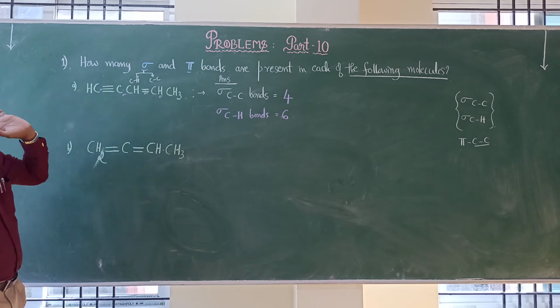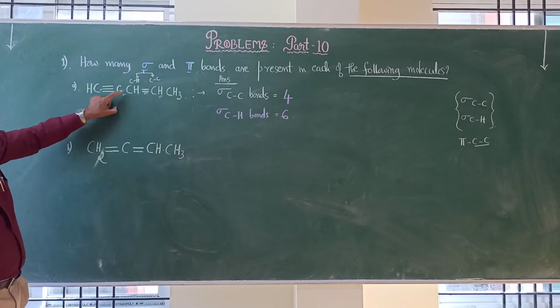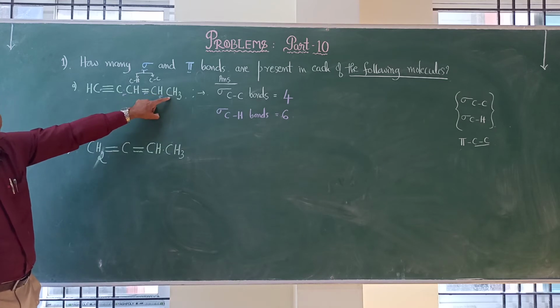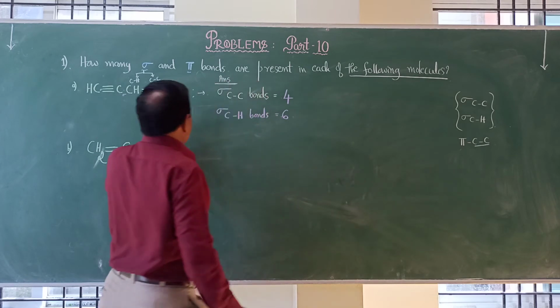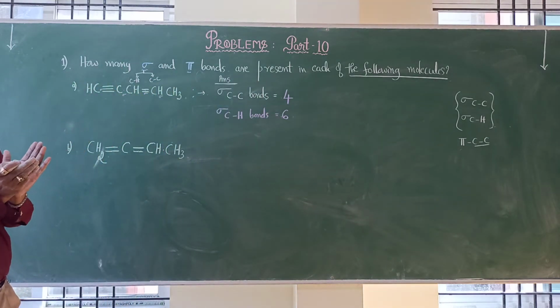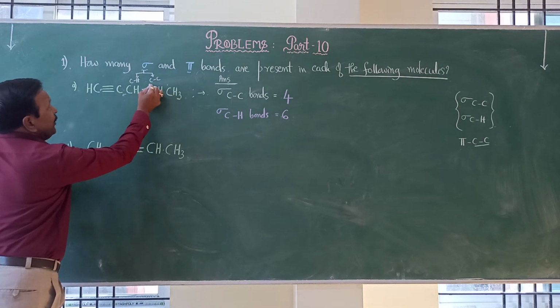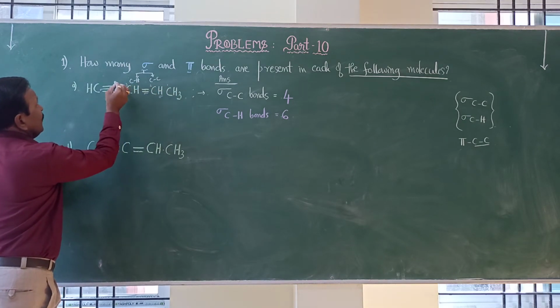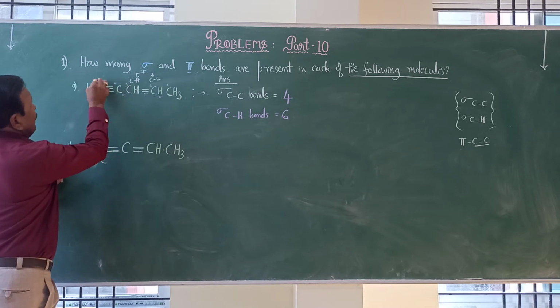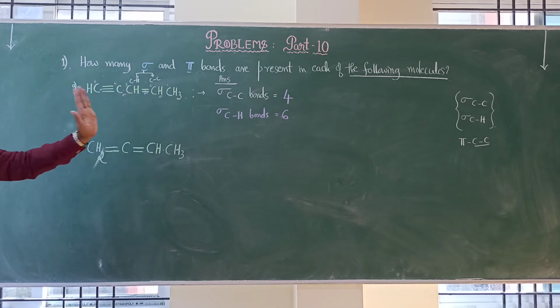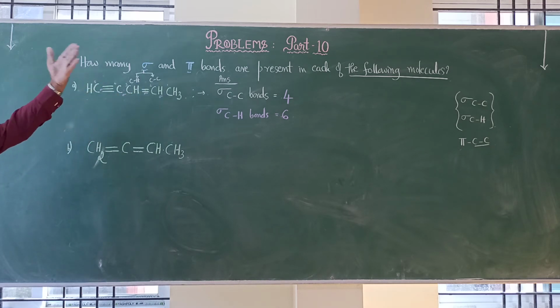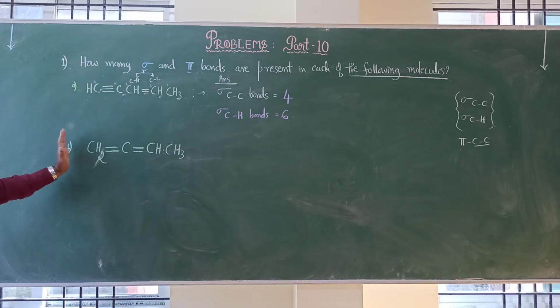Then carbon sigma bonds, how to remember? 1, 2, 3, 4, 5. If 5 carbon atoms are there, 1 carbon atom less, because they should be bound to each other. So totally 5 carbon atoms are there in the compound. So 1 carbon you have to minus. That means 5 minus 1 will be 4. And if you want, you can write it in detail and then you can check it. But first let us finish it.